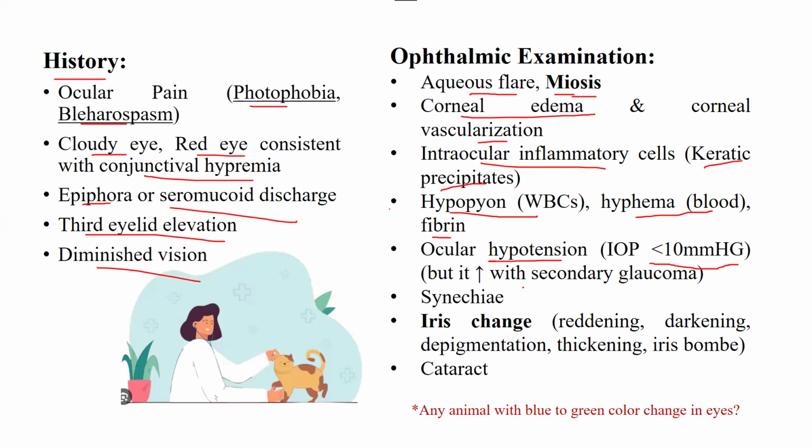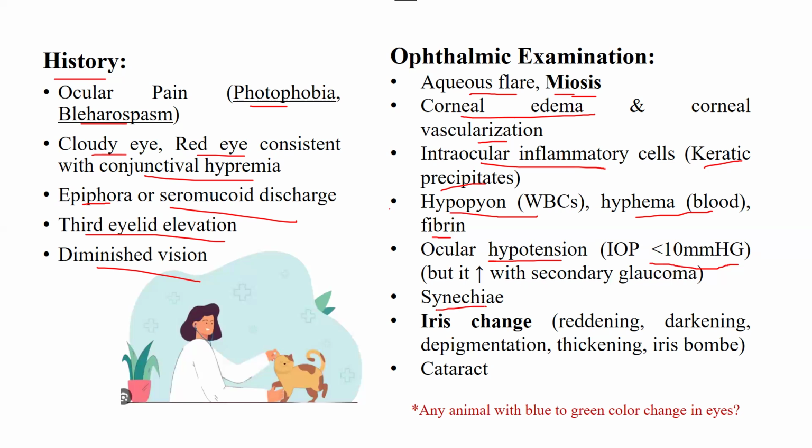But sometimes in the case of uveitis, very rarely, or as a sequela, you are going to have increased IOP, because later on, if this disease is not treated, glaucoma starts to develop in the eye. So if secondary glaucoma appears, the IOP is going to be high. Otherwise, the characteristic of anterior uveitis is that it is going to have low IOP.